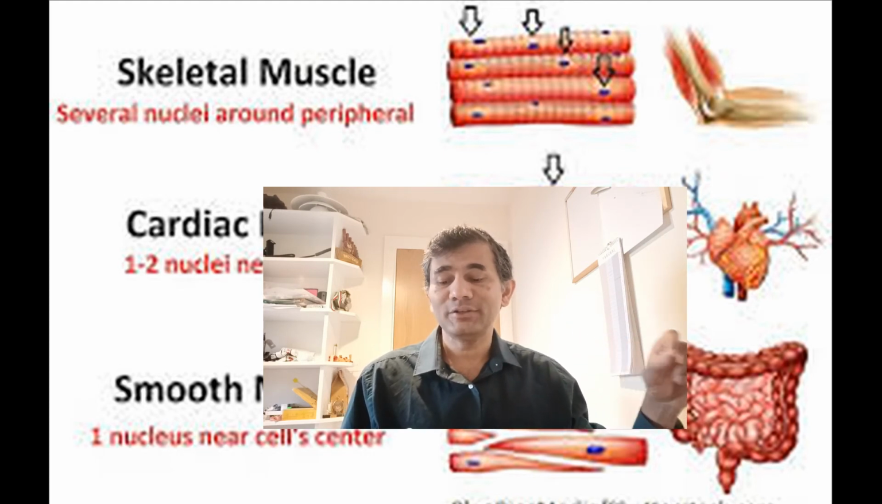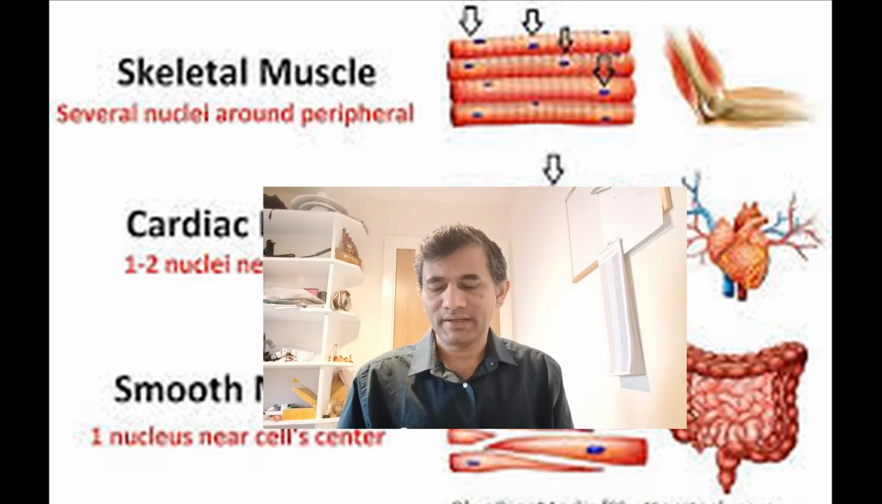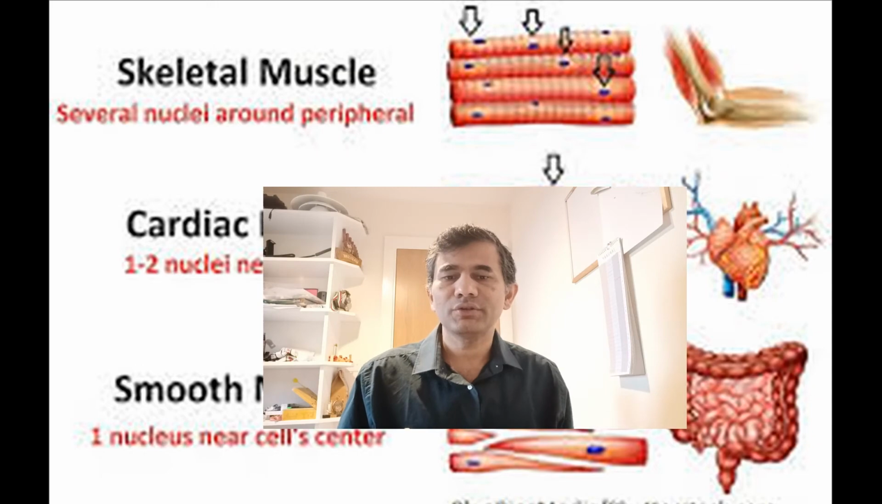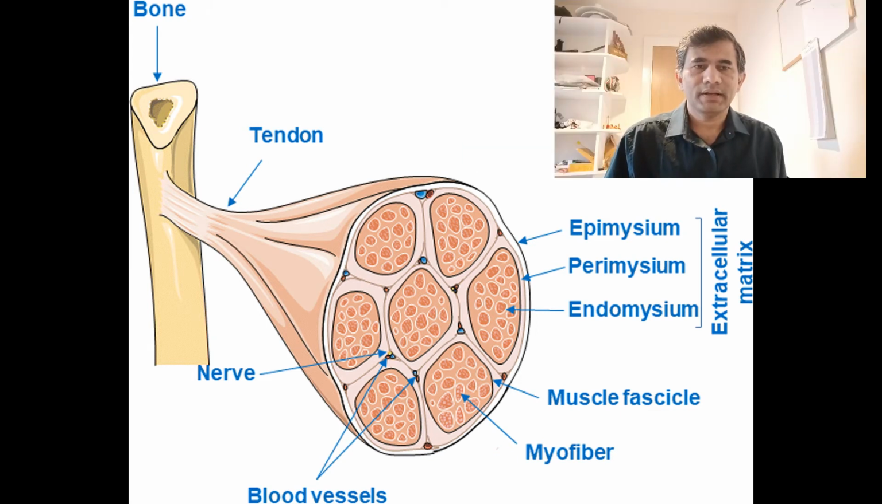So they are multinucleate. Now there are three layers of connective tissue in relation to the skeletal muscles, and I can show you in the diagram how these three layers appear. That's the skeletal muscle attached to the bone through tendon. We just learned that muscles are attached to the bones through tendon, and now the muscle has been sectioned. So this is a transverse section of the skeletal muscle, and it shows